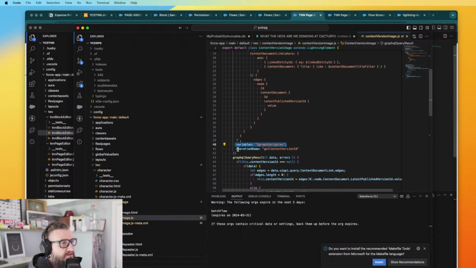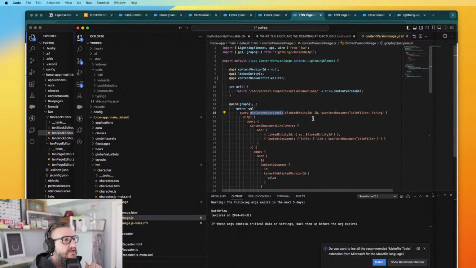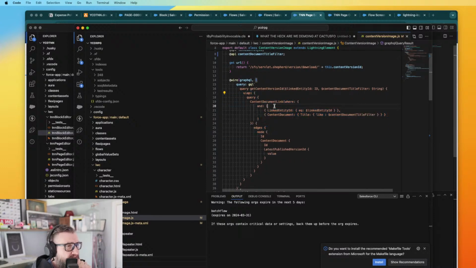We tell it what the operation is, which is the same name as this. These are the variables that we should be passing in. A whole bunch of nested stuff in here. And then we are querying on this object with these filters, returning this stuff. And you can do some hierarchy here,